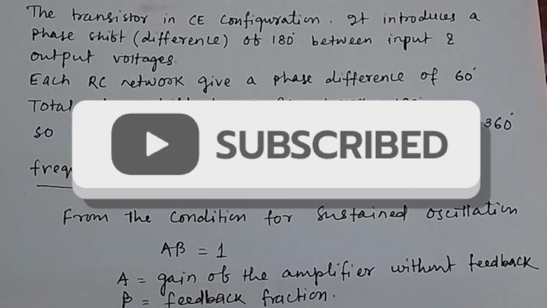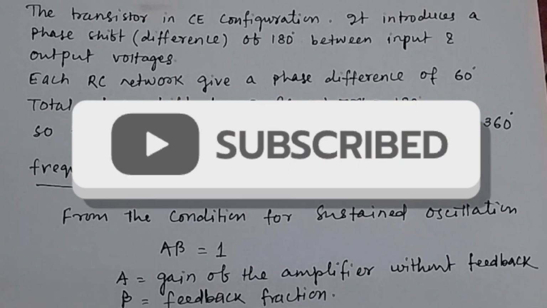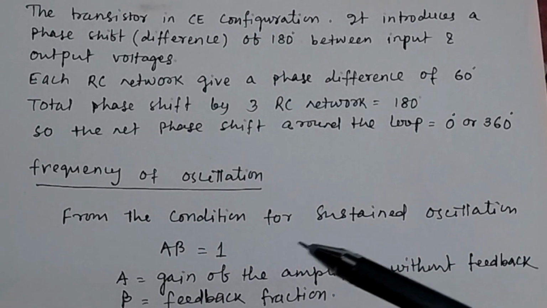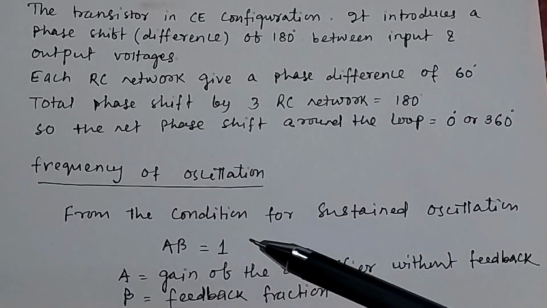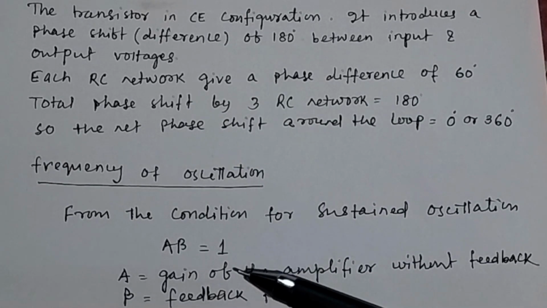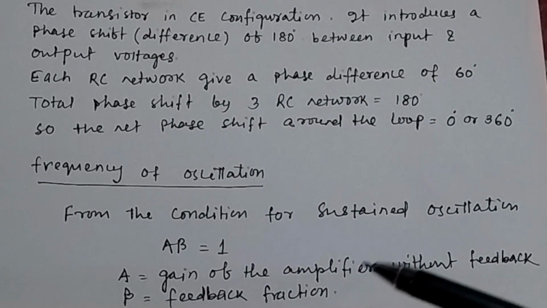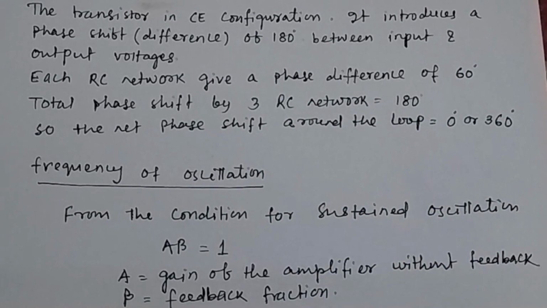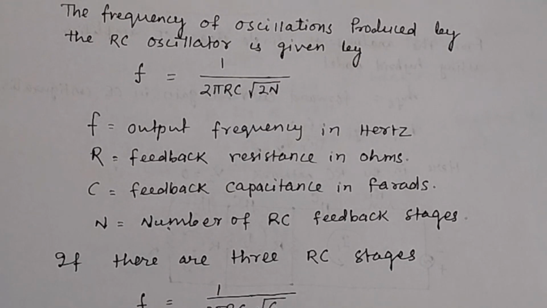Then what is the frequency of oscillation? From the condition for sustained oscillation, we have discussed it in the previous video. The condition for sustained oscillation is A into beta equal to 1. A is the gain of the amplifier without feedback, and beta is the feedback fraction, and this is called the condition for sustained oscillation. And from this condition you can deduce the expression for the frequency of oscillation produced by